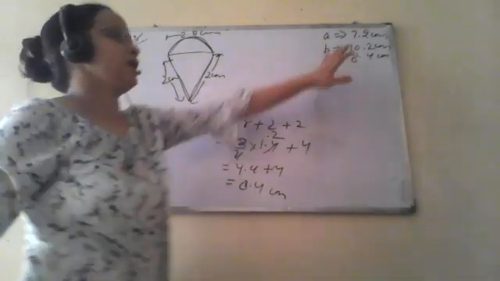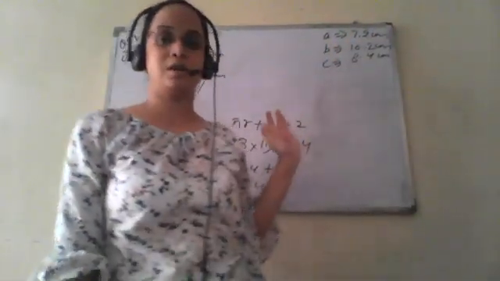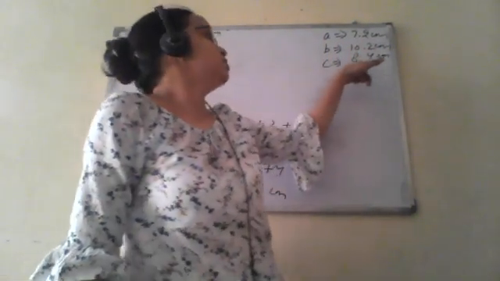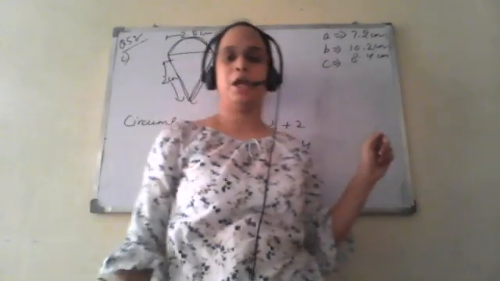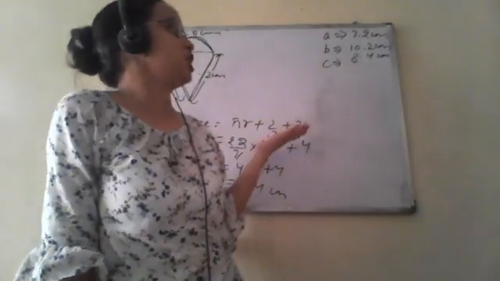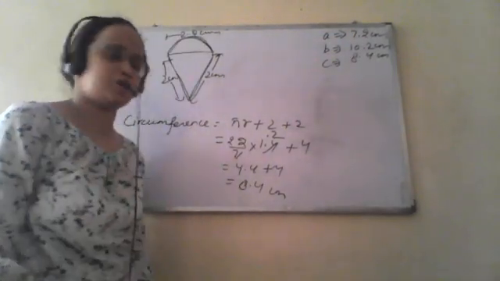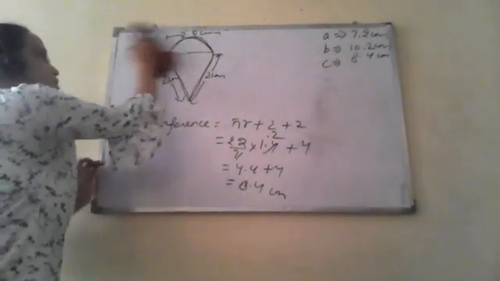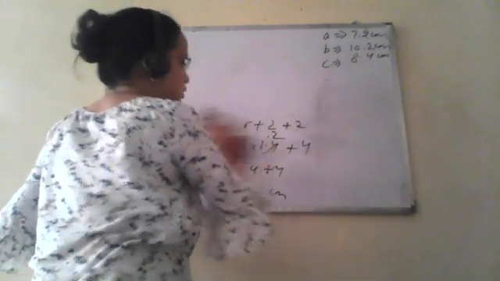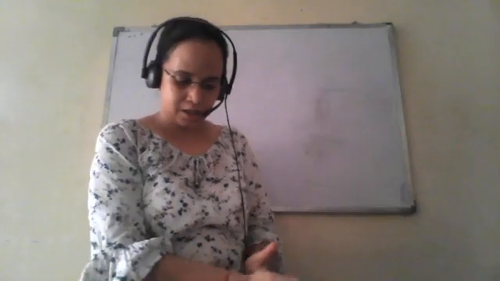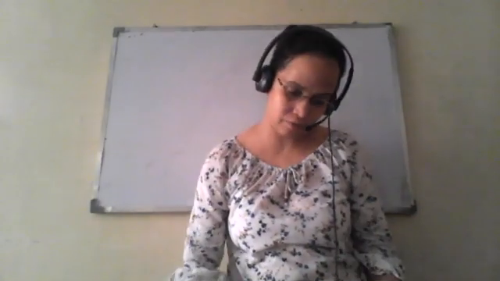Now for shape A, he has to travel 7.2 centimeter. For shape B, he has to travel 10.2 centimeter, and for shape C, it will travel 8.4 centimeter. So for B shape, the ant has to travel more distance as compared to the other two shapes. Okay, I hope this is clear. So this exercise is finished. Now we will see the area of some special shapes like area of trapezium.